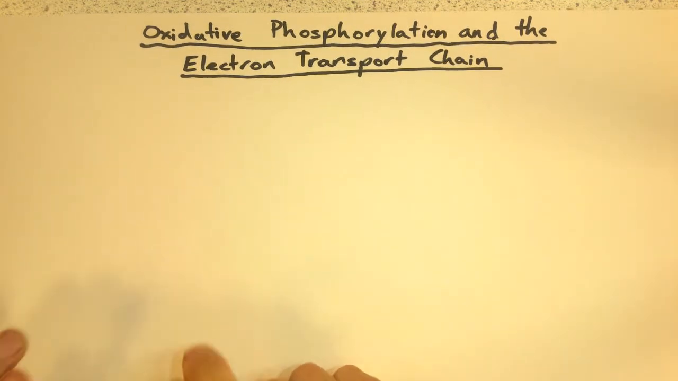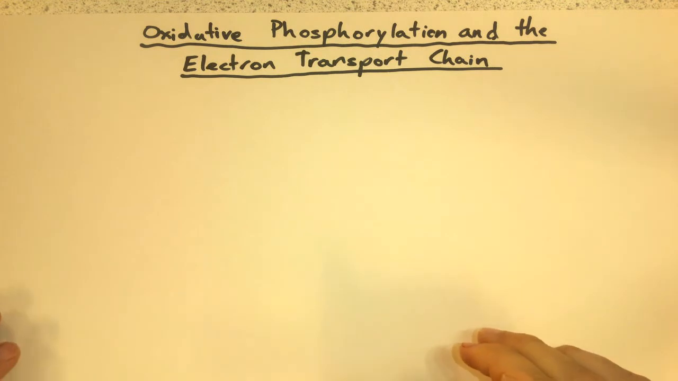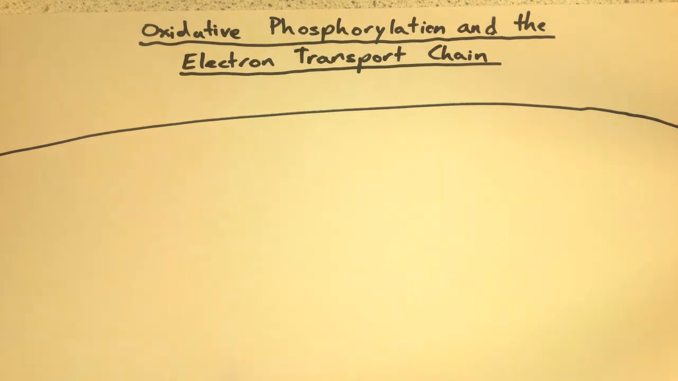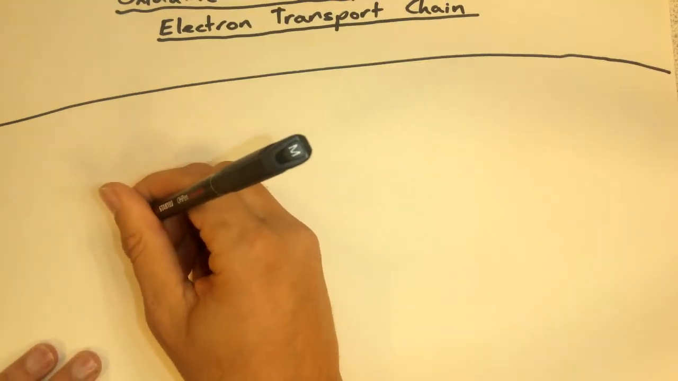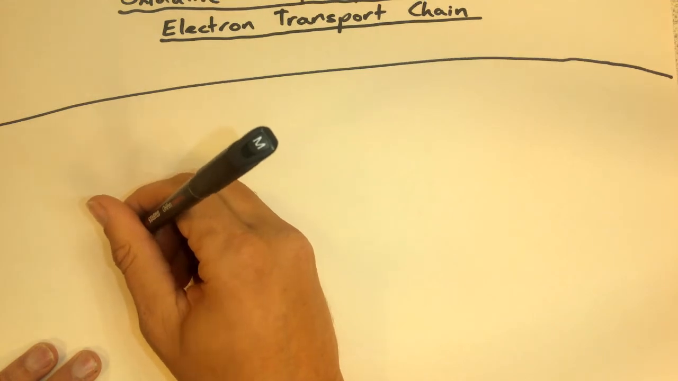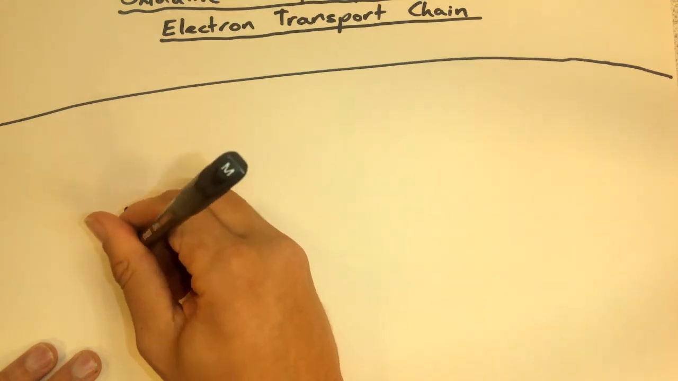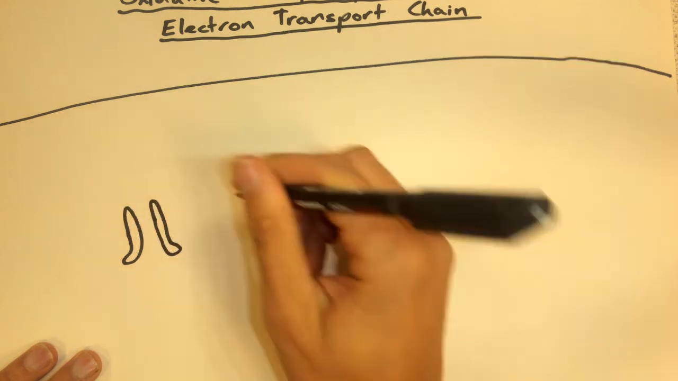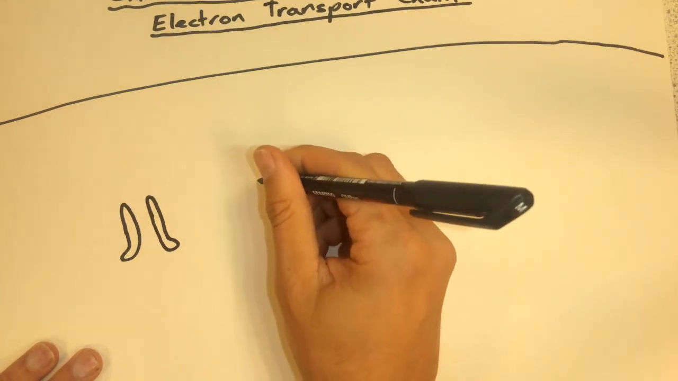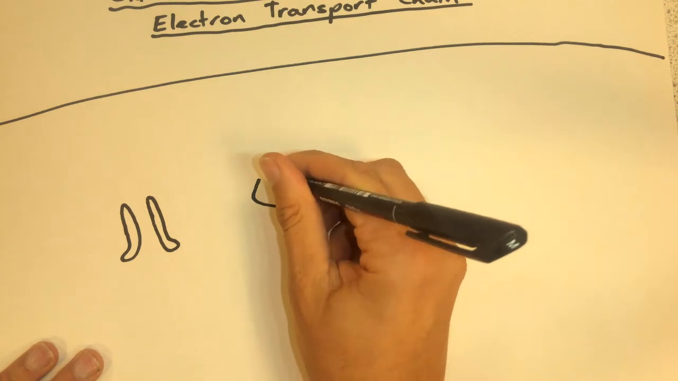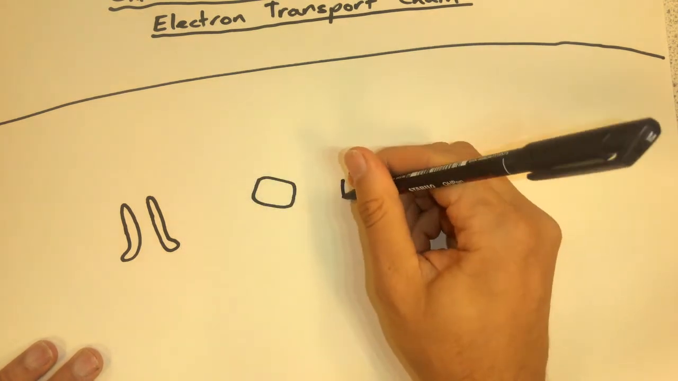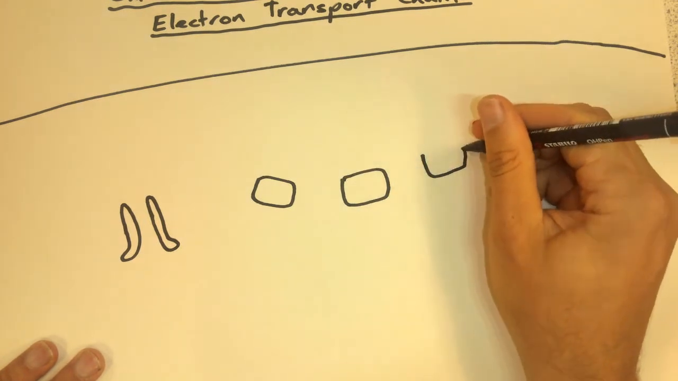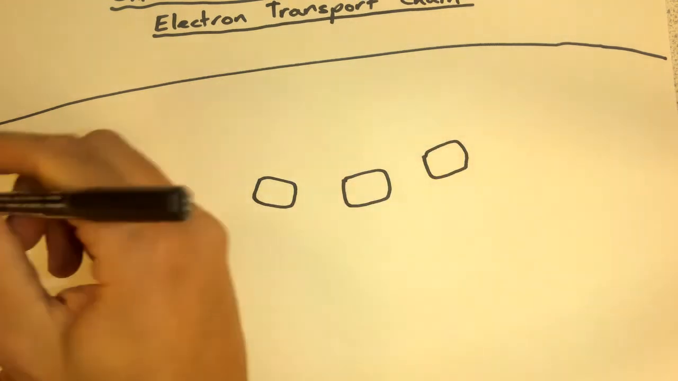Oxidative phosphorylation occurs on the inner membrane of mitochondria. So I'm going to start off by drawing, first of all, the outer membrane of a mitochondrion. And then I'm going to draw some of the proteins that are in the inner membrane, starting with ATP synthase and the proteins that make up the electron transport chain. Between these, I'm going to show the inner membrane